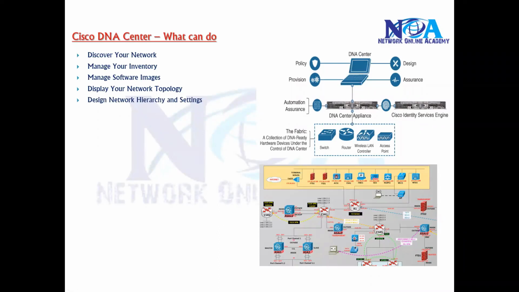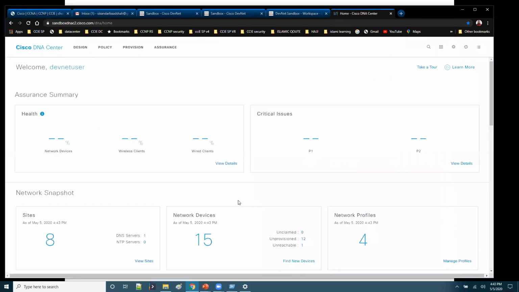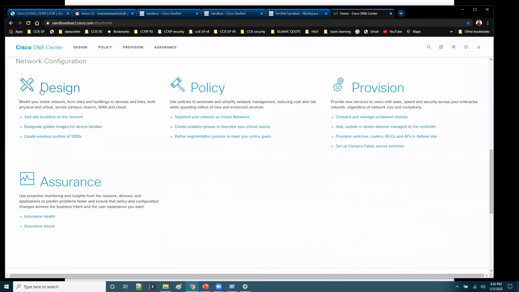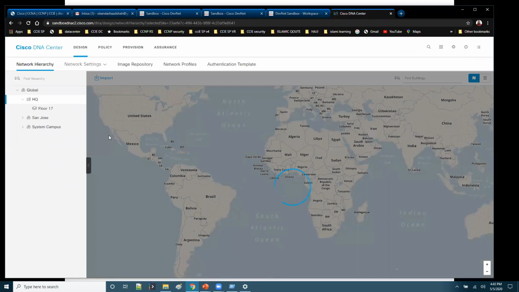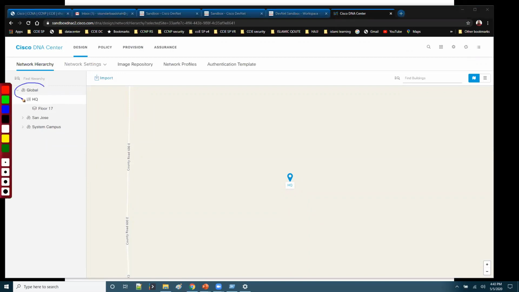Now, apart from that, with the DNA Center we can also design the network hierarchy and the settings. This design network hierarchy represents your network in different geographical locations. To get into this option, again, you go to the home page, and you can directly jump into the design option here. From here you can see the hierarchy of your network. The hierarchy is like you have a global option, and in this global, it is going to display all the devices,